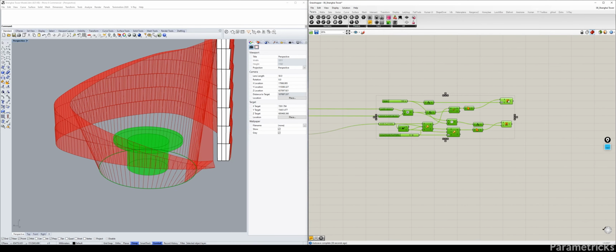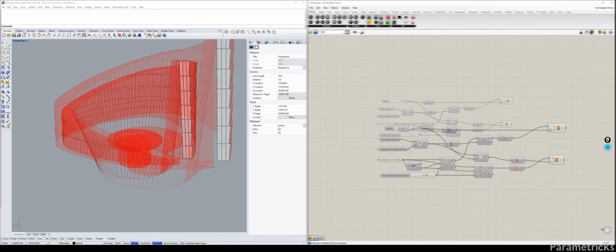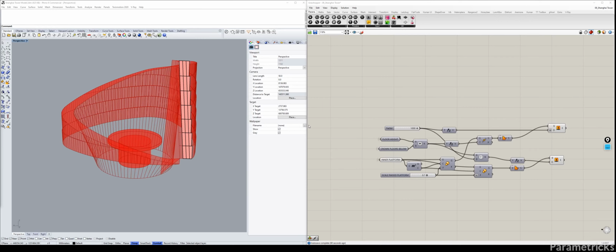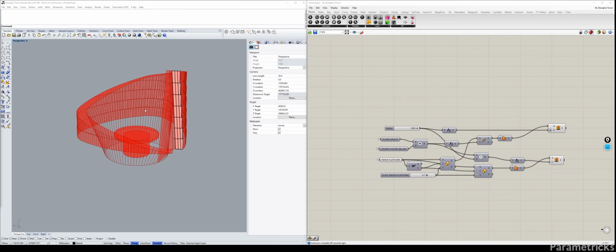But I think for now this one should be okay. So we're just going to leave it at that for this part, or at least the first one. And we're going to move on to the horizontal steel rods structures. All right, so moving on to the horizontal steel rods, what we want to do is